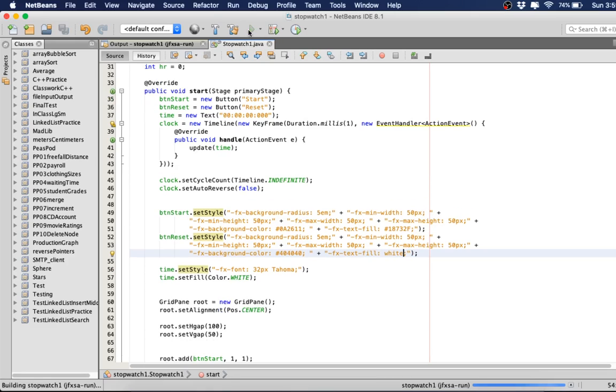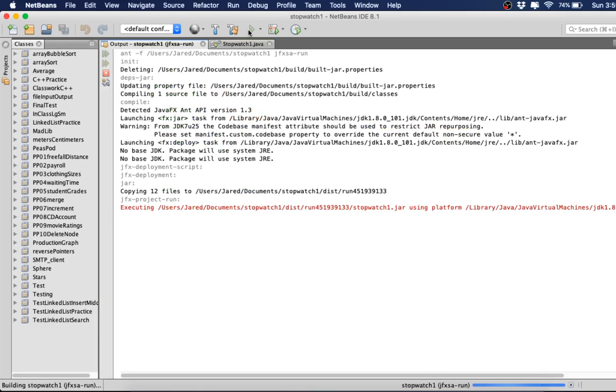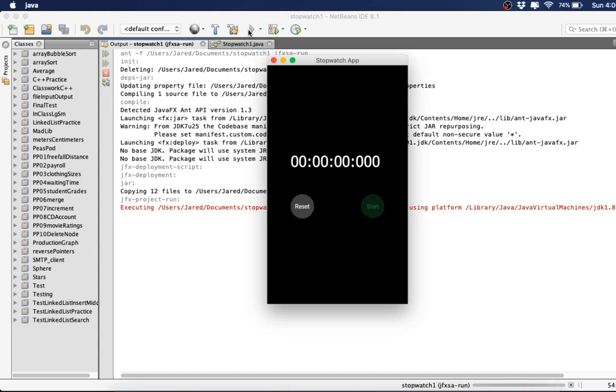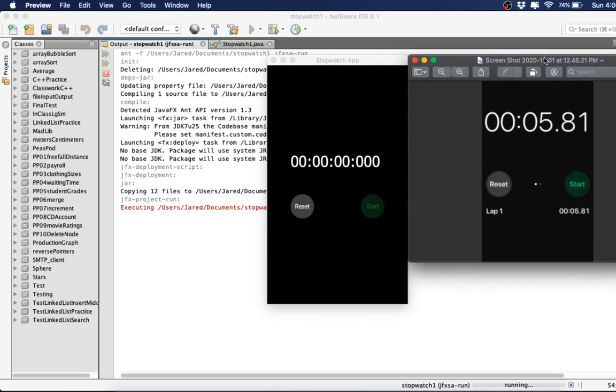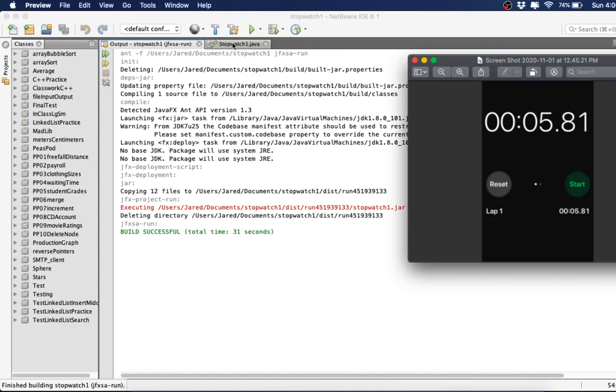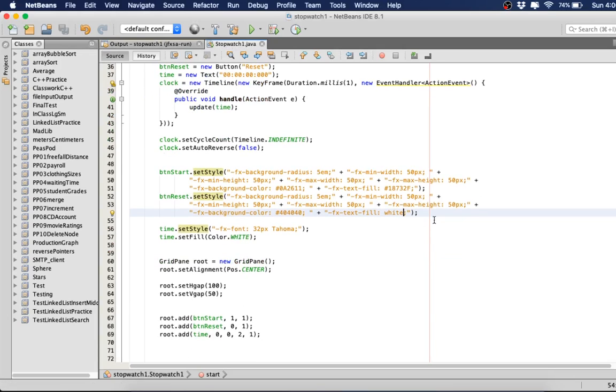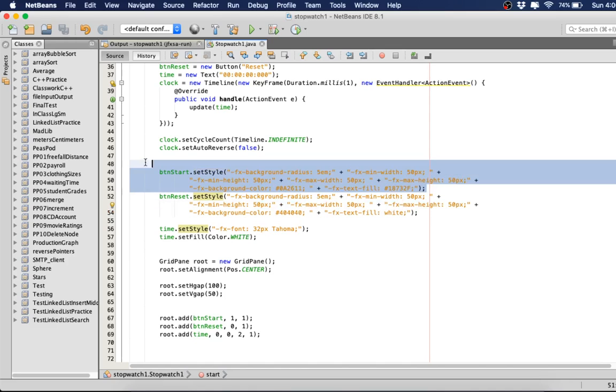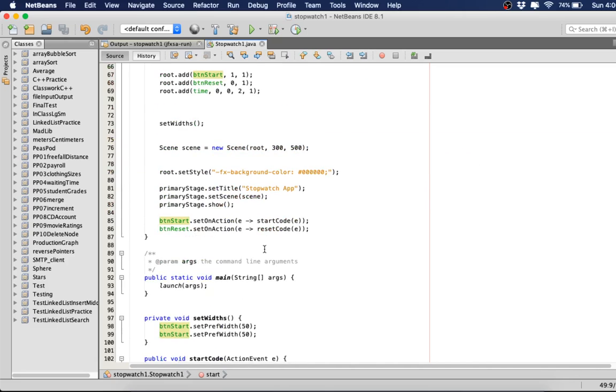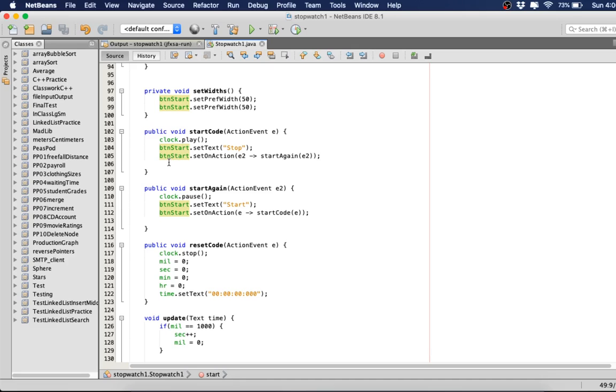So I guess let's take a look at how that is right now. It's already looking very similar to this one. Not 100%, but very close. I want to add the circular border around the button. And also we still need to change the color when we press start. Alright, so I guess I'll change the color of the button first. I'm going to just copy all of this. We got to go down to start code